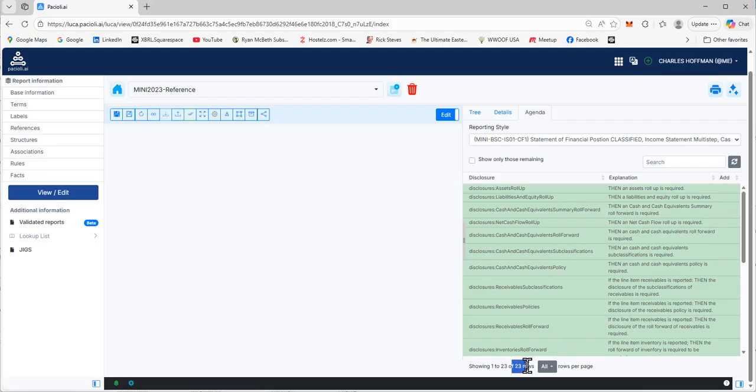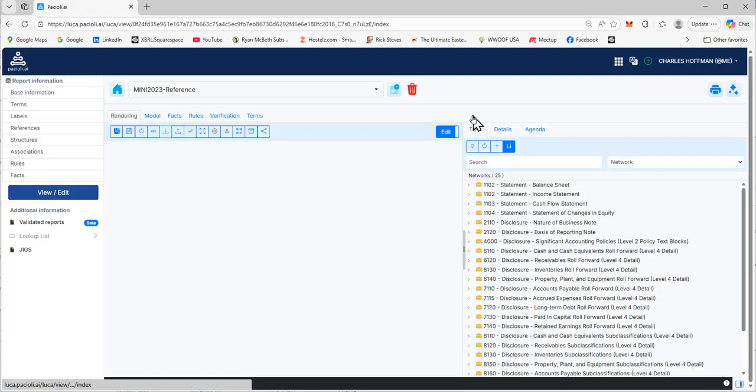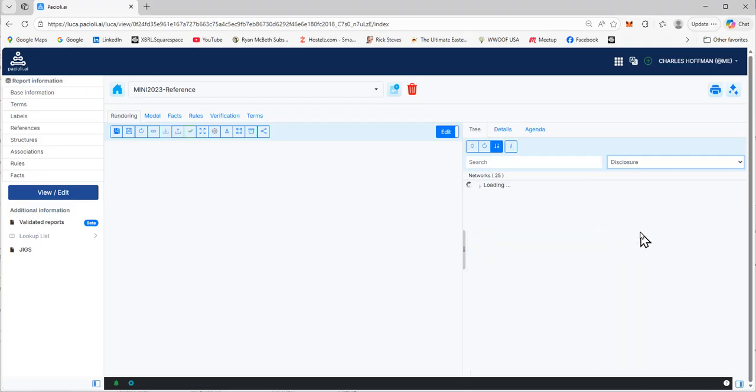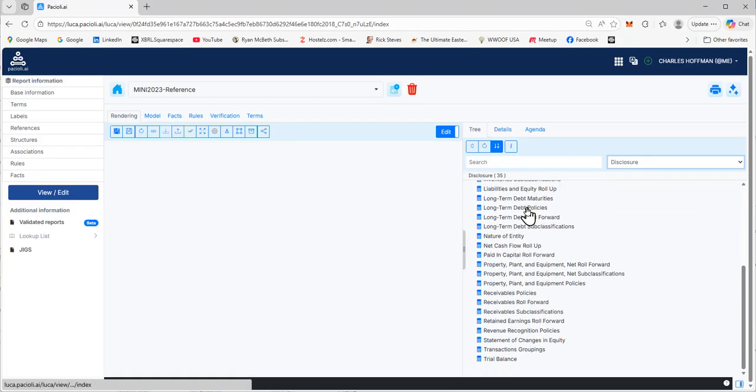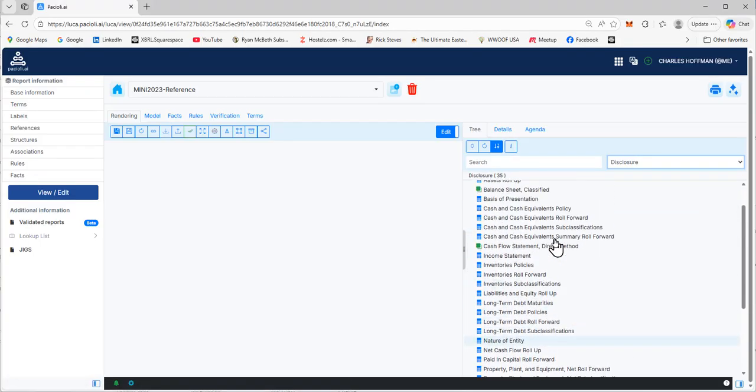Now I'll go back to the agenda. In the agenda, I would expect to see 35 disclosures because that's what I see everywhere else. But here, it only shows 23. So there could be a reason for that. I think it might be the case that there were some disclosures that were not put into the reporting checklist, and therefore they were not in the agenda. But the point is that there should be a reason why